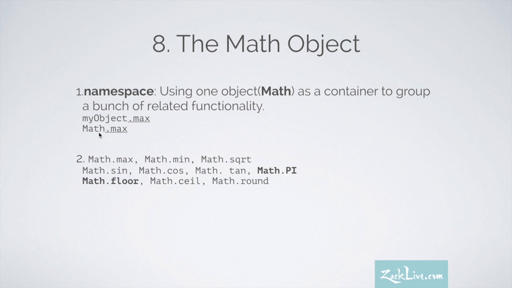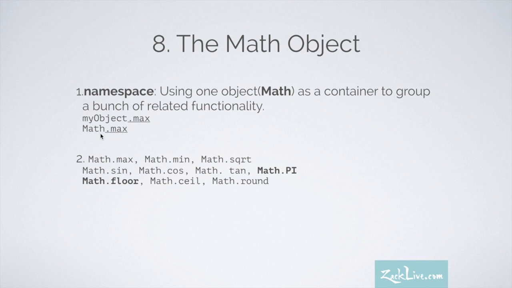Like, JavaScript provided some functions for mathematics, but sometimes we want our own function. Like I want a max function for myself rather than using the existing one. So I can put mine into a namespace of my object, so that it won't conflict with the one